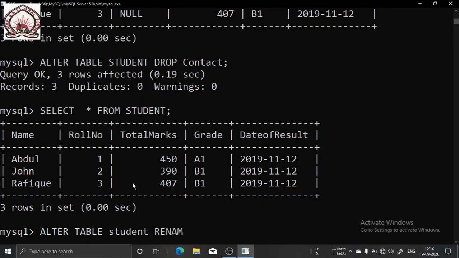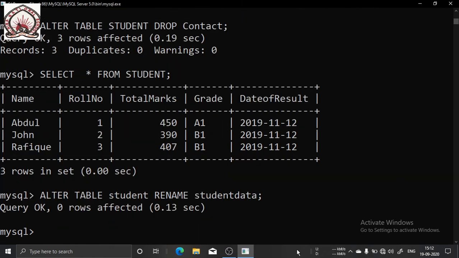Here the keyword TO is optional, you can give it or omit it. Suppose I want to rename student to student data. Earlier my table name was student, so I have changed it to student data.